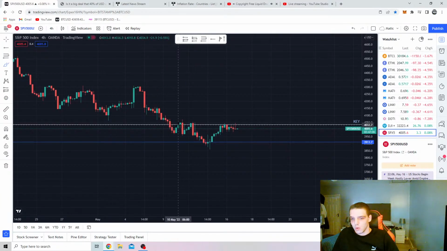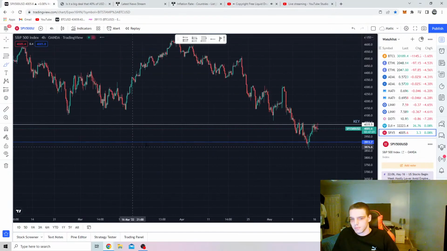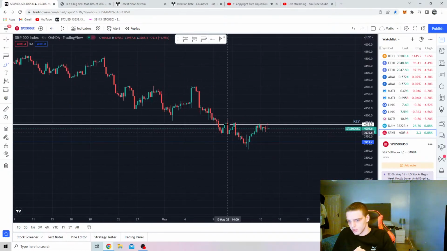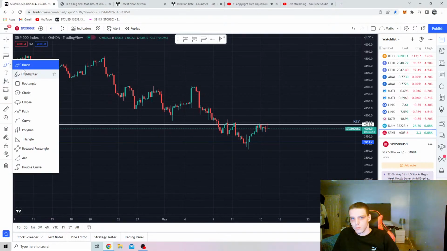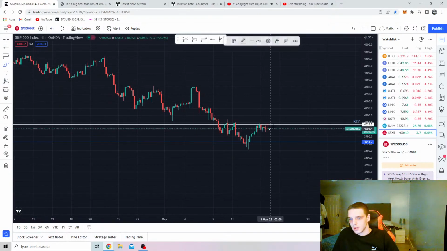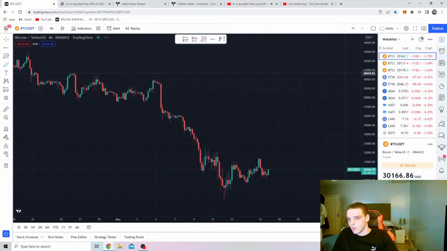As you can see, this is the old COVID lows, and this is an old daily, I'm pretty sure. At the moment, all we're doing is going sideways, and we're showing so much respect towards this level. What we'll probably end up doing is respecting that until we break. Once we break that level, we want to bounce off it, and then boom, we can start to look for higher levels. This is the S&P 500,